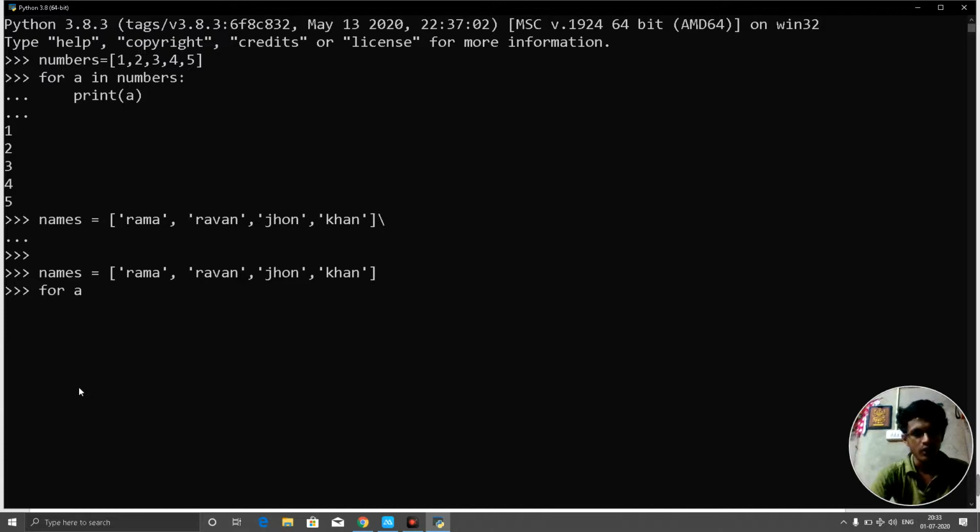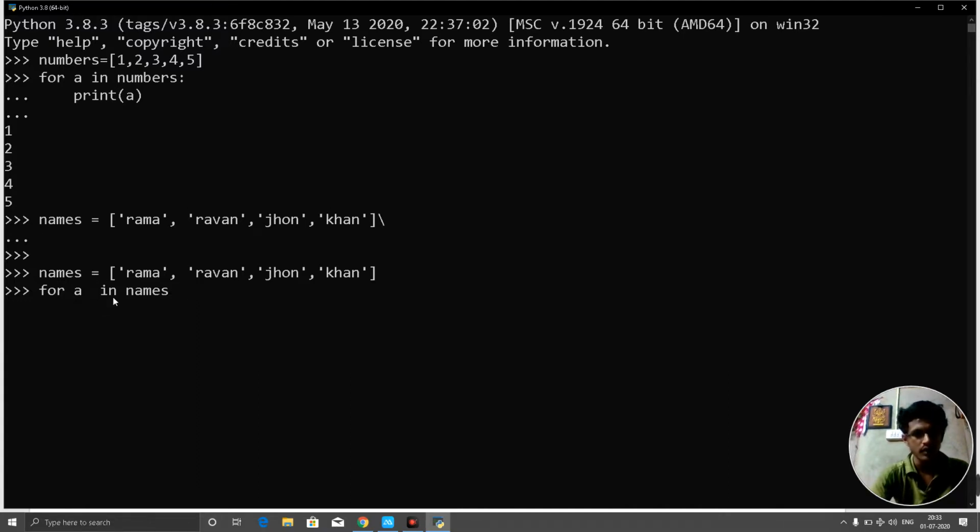Earlier it came as a range, but here we are using the names, so here we need to type for a in names. So a is now referred to as Rama, Ravan, John and Khan, so a takes these strings each time.